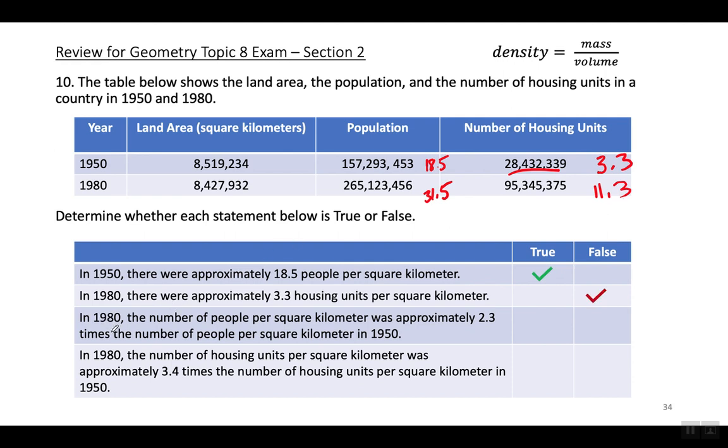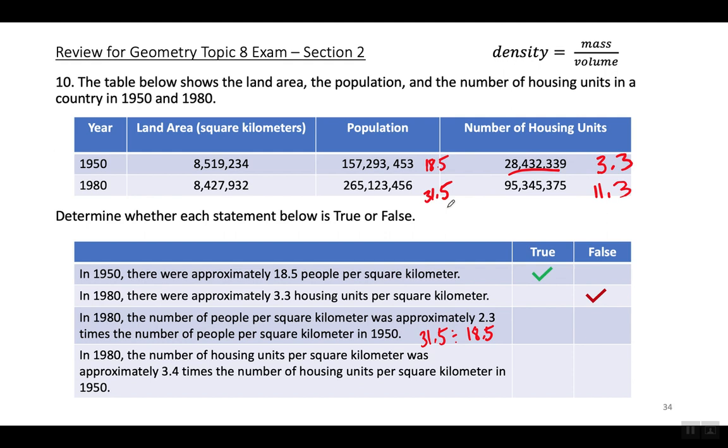Answer choice number 3. In 1980, the number of people per square kilometer was approximately 2.3 times the number of people per square kilometer in 1950. All right, so in order to check whether that's true or false, we got to divide 31.5 divided by 18.5 and see if that gives us 2.3, because it's saying 18.5 times 2.3 should equal 31.5. All right, so when I divide that, 31.5 divided by 18.5,